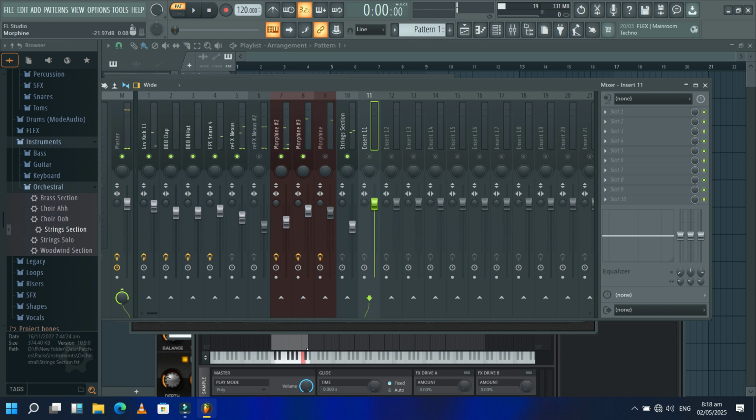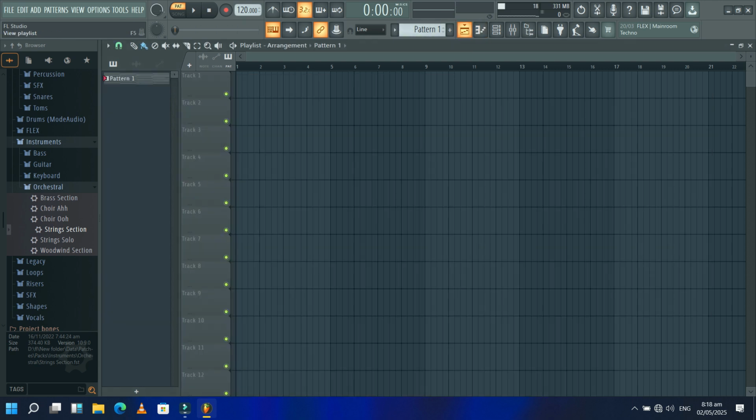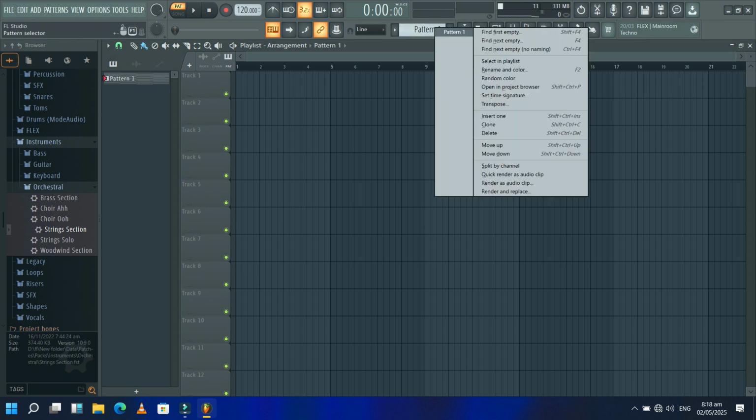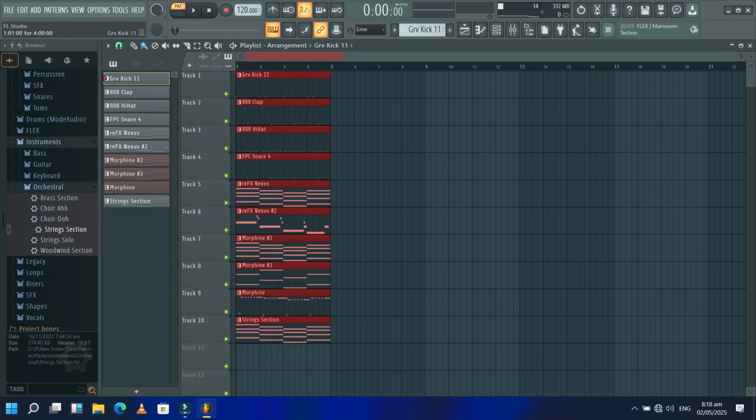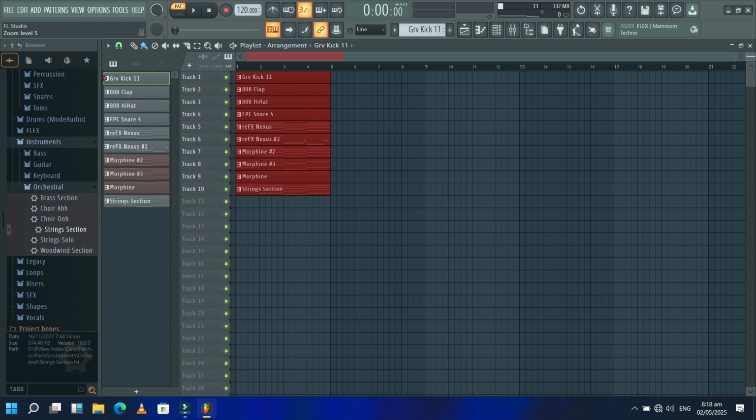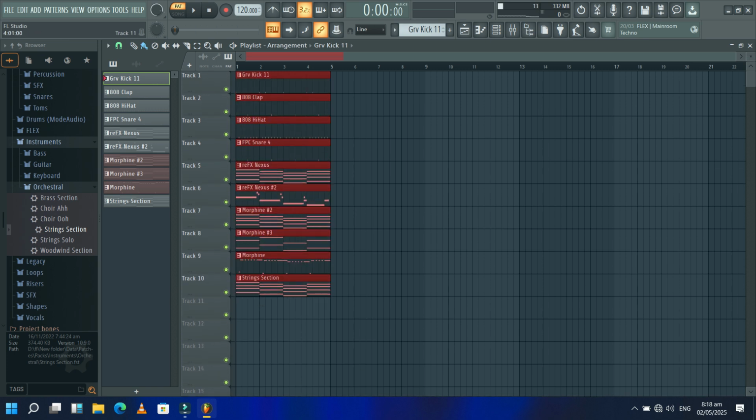After mixing everything and getting it to sound good in your ears, you can come to the playlist or the track. I call it the track, to arrange your track. When you come here, you right click on this button and then you split by channel, and then you can go ahead and bring everything you have played in here. When I bring them here, I copy